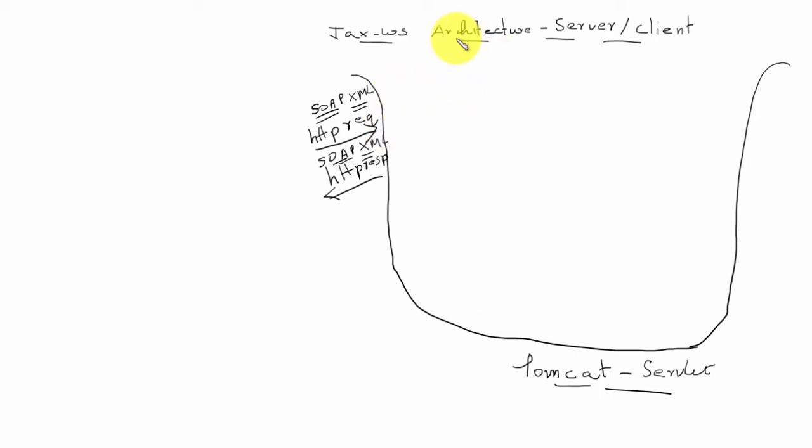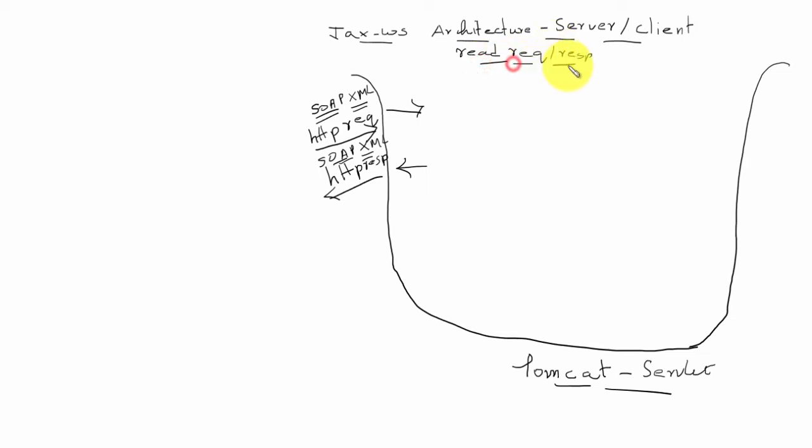Now I'll explain the JAX-WS architecture, how the framework is going to process the request and generate the response. Why we use JAX-WS or any framework for that matter is to read the SOAP request and to generate the SOAP response.